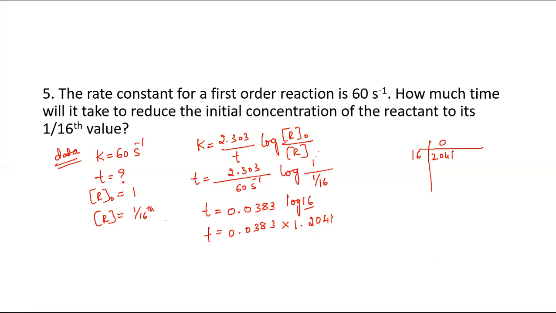So this is a correct value, and if you multiply this with this number, you're going to get t is equal to 0.0462. Okay, and since it is in per second, the unit will be second. In order to get a non-zero number, shift the decimal towards here until you get a non-zero number. Therefore your answer will be 4.62 into 10 to the power of how many times you have shifted? 2 times. Therefore minus 2 seconds. So this is the answer.